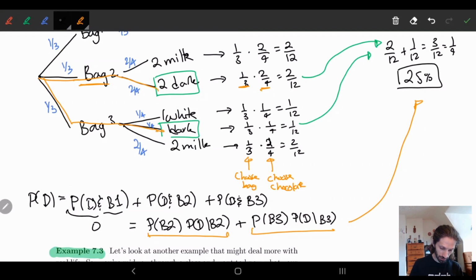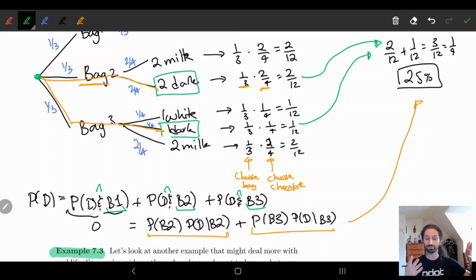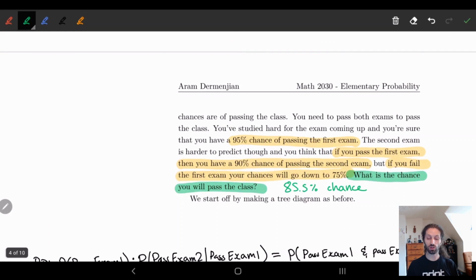Now as a little aside, what you'll notice here is I took the intersection. Remember how these ands are just little intersections? I basically looked at the probability of D, dark chocolate, assuming all the different options from the first choice: bag 1, bag 2, bag 3. You can think of this as a partition of my very first choice. A very similar thing happened when we were talking about